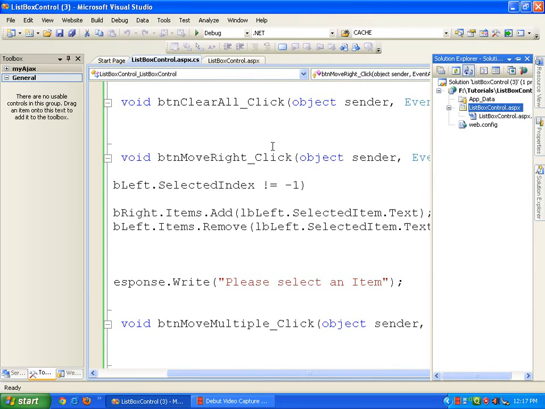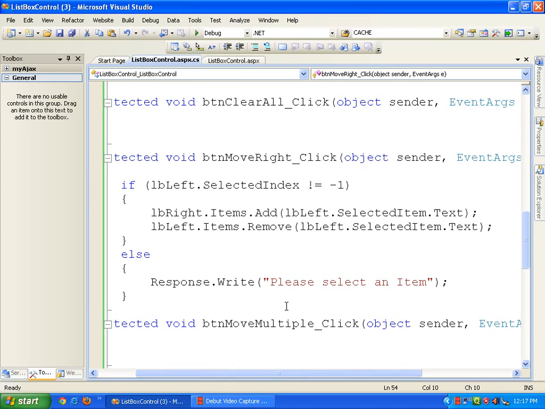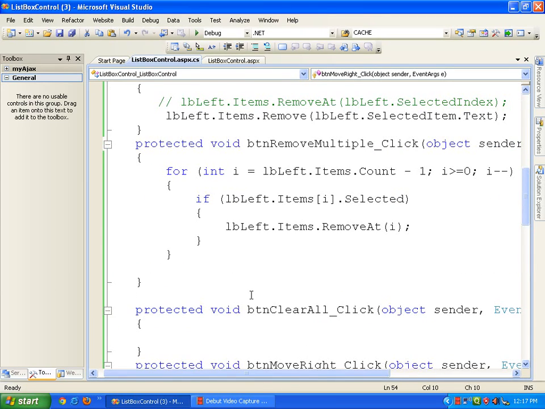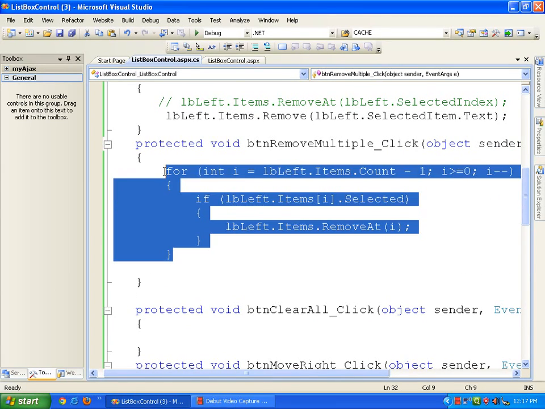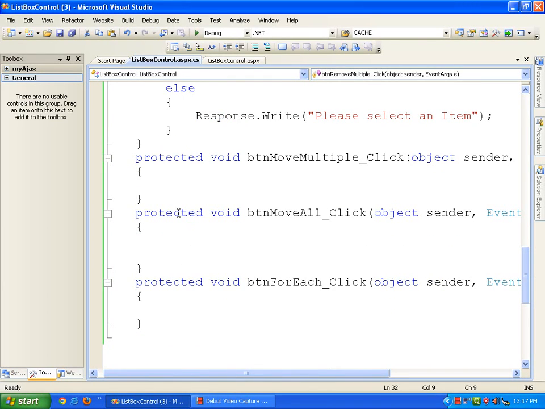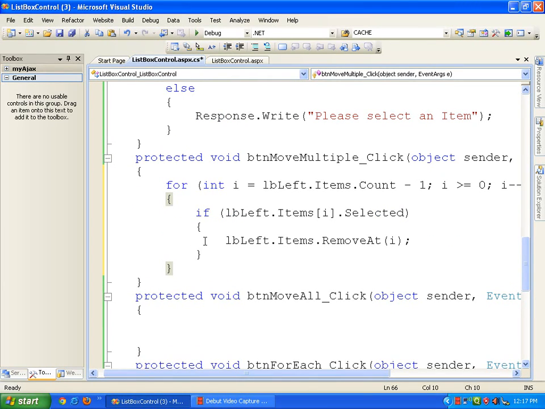Now next is how to move multiple items from list box left to list box right. So in order to move multiple items, again we have to use the loop. Just copy this code. Now here we have written the code for remove. What we have to do is move the items from list box left to list box right.